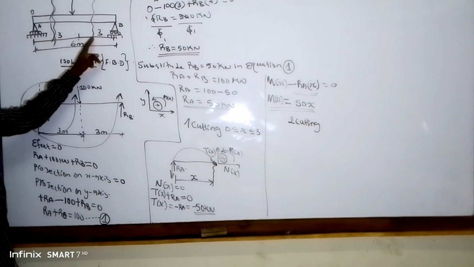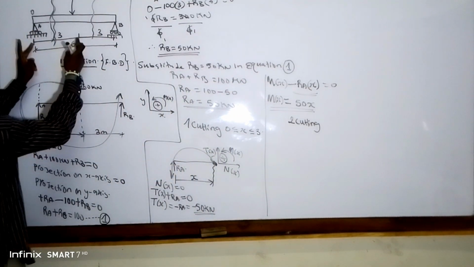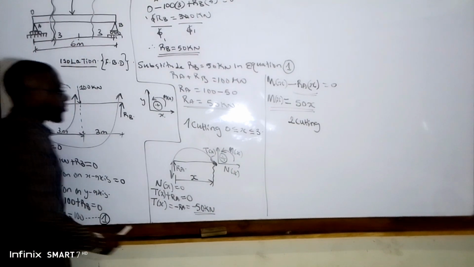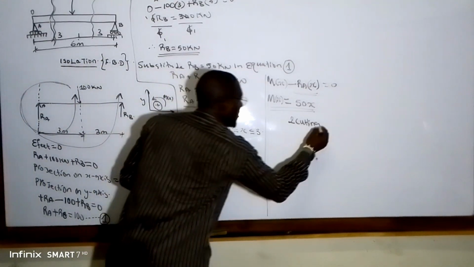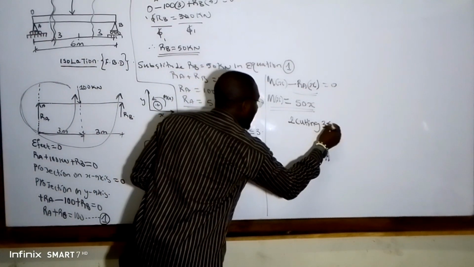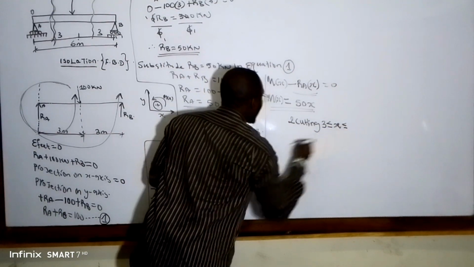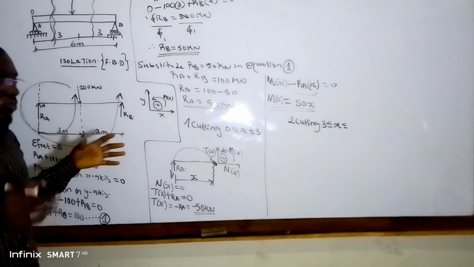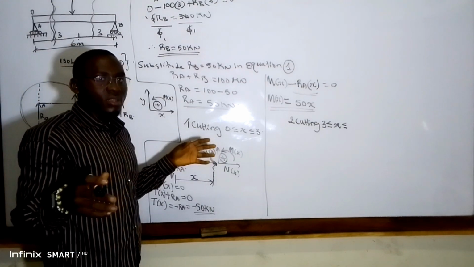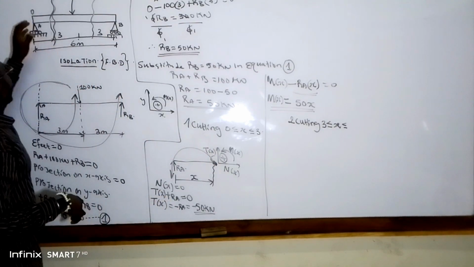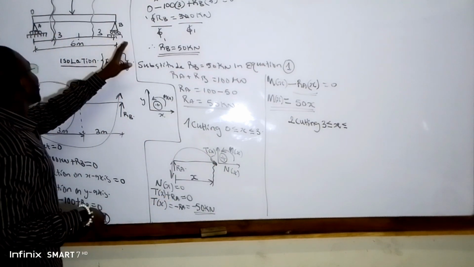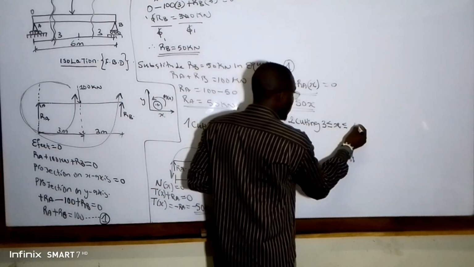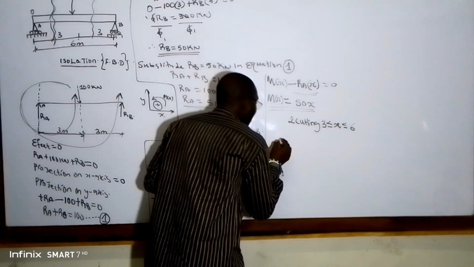This is our second cutting. Now, there is a known distance, 3. So guys, we put our 3 less than or equal to x and less than or equal to the total length of the beam. Since we are working with limits, we are working with boundaries. So we are now working from 3 to 6 meters. So 3 is less than or equal to x and x is less than or equal to 6. We isolate